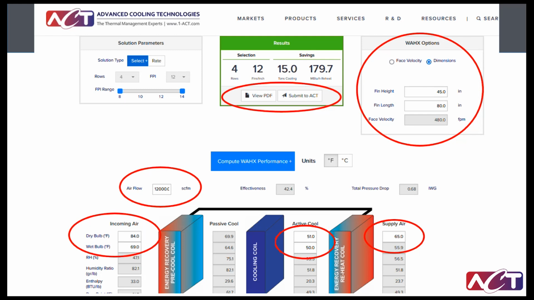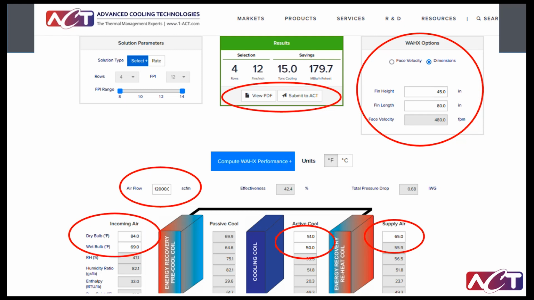And then once you put in your CFM value, it will calculate the feet per minute. Down here is where you put your incoming air, what your cooling coil temperature is running at, and typically it's a chilled water coil that we prefer, not a DX coil, and what you want that supply air temperature to be. Easiest thing from here now is you click this compute,